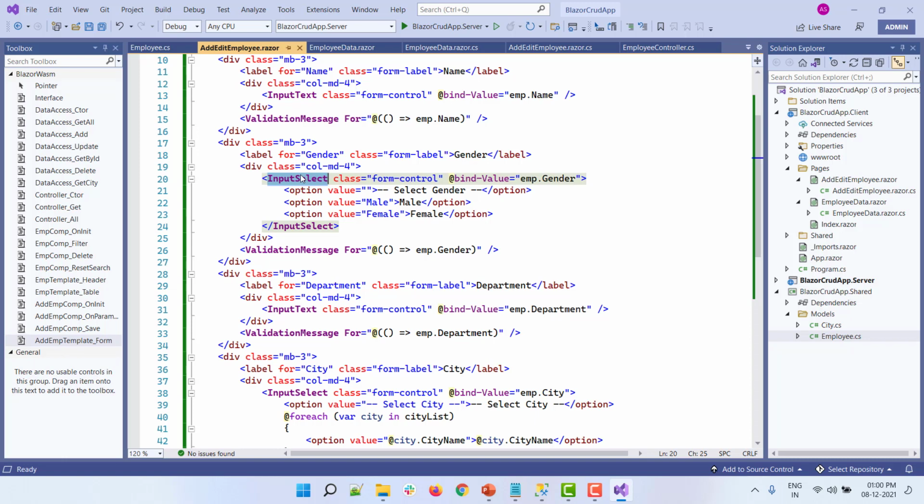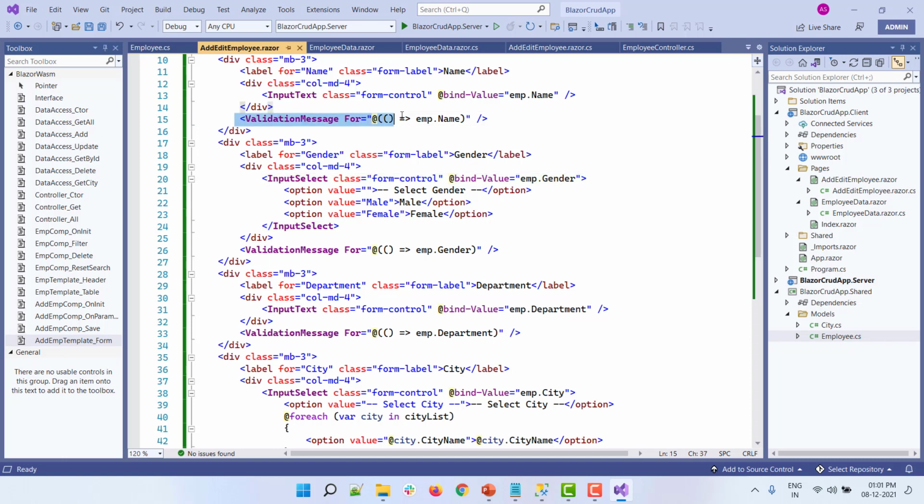So this is different from the standard HTML tags of input and select. It is configured especially for Blazor applications, and it will allow us to capture all the data annotation changes. The changes will be done in real time, and as you see, the error will be displayed in real time. We are going to see that when we run the application, so it will be easy for you to relate to it.